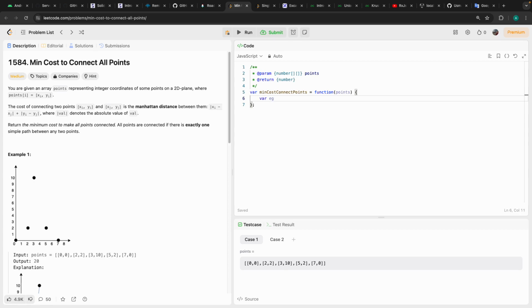Var edges, fill in, create edges from points. Then while, no, var result, not result, var